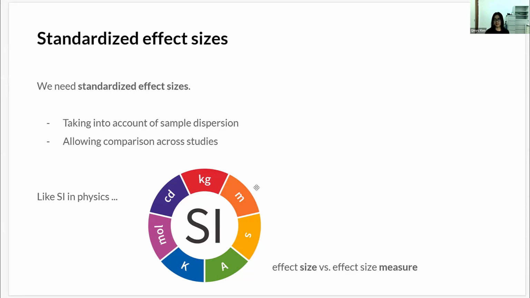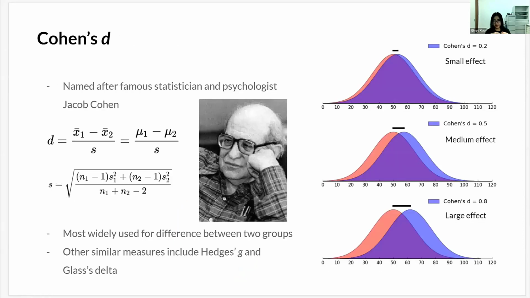We cannot directly compare the numbers of length if we happen to meet someone living in those countries. So we need to differentiate between effect size and effect size measures. Think of effect size as a number, as a magnitude, and think of effect size measures as the units that I'm presenting here. And one of the most widely used standardized effect size measures is Cohen's